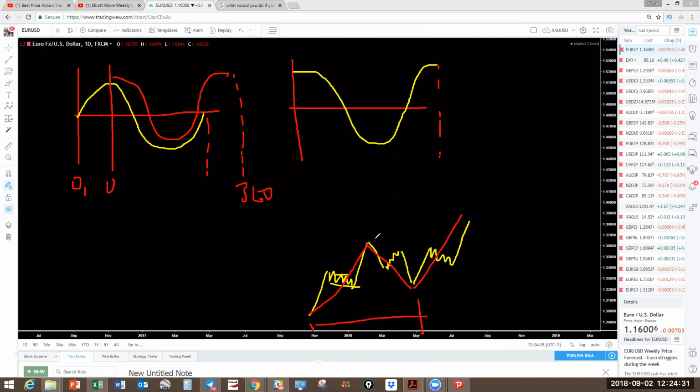And this move has just trended in 3 waves in the higher degree, 3 waves in the lower degree, correction in the lower degree, and another 3 waves in the higher degree, in the lower degree. And that is how all the waves work in the market. Okay, that is how you interpret the wave theory. But this is just the very, very basics, an introduction to what we do in the course. The rest is the details of how this works, the levels, and how to actually apply it in the